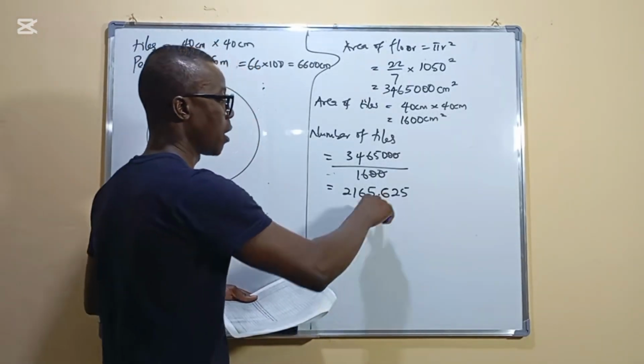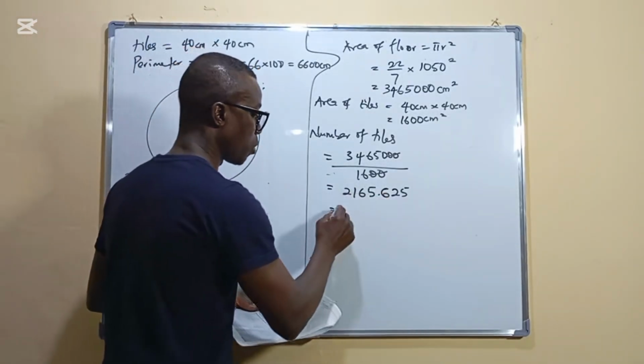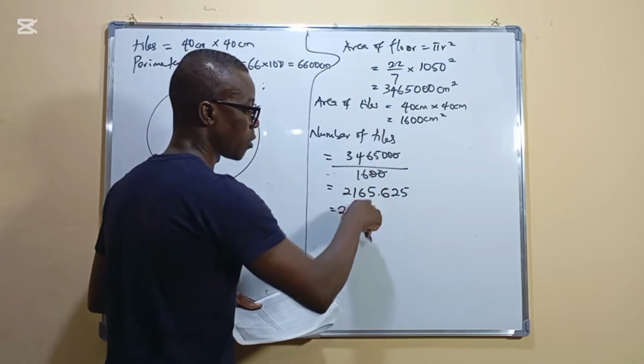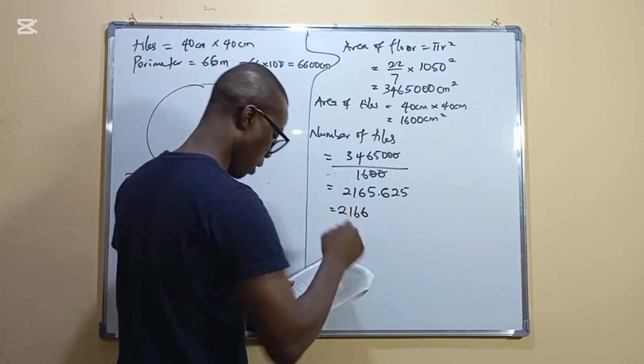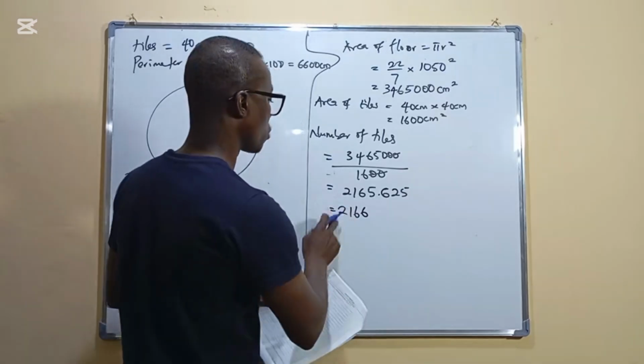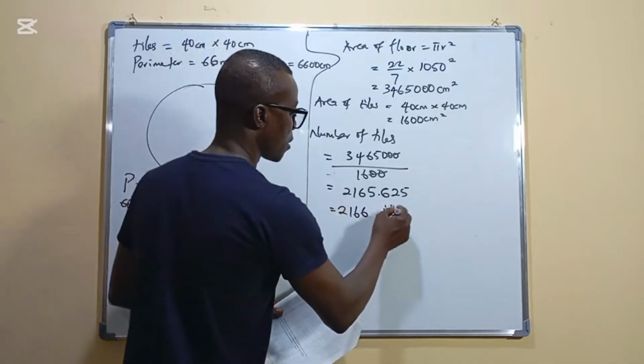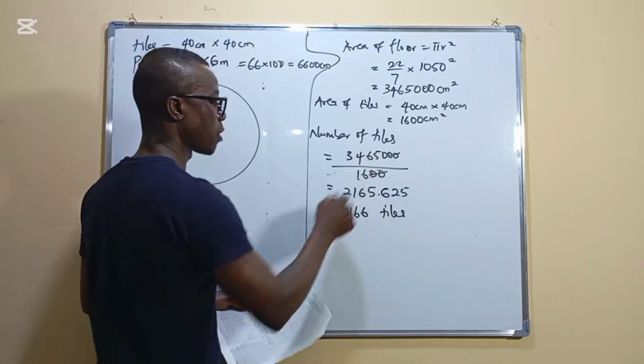So what would that be? I'm going to approximate it, and this will be 216. When I approximate this to 1, and I add it to this, that gives me 6. So this will be the number of tiles. So 2166 tiles will be required. So the number of tiles will be